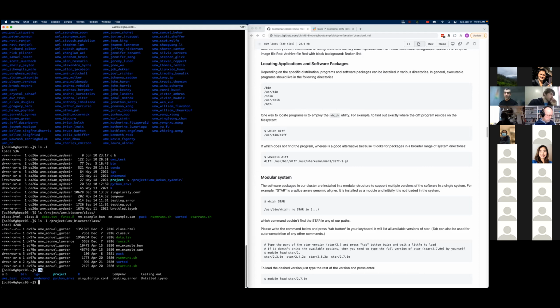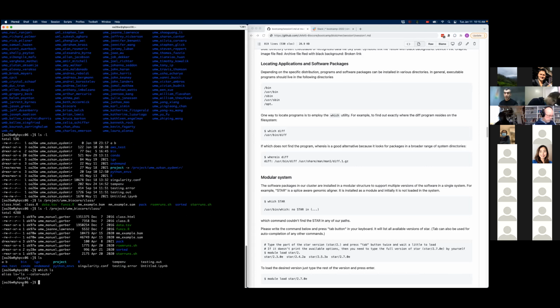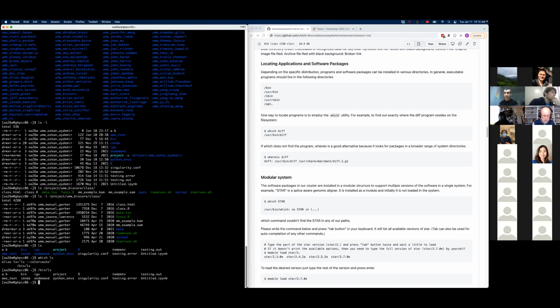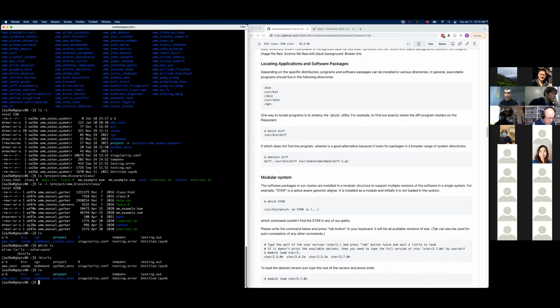And if I want to know what the computer is actually using when I type ls, there's a command for that as well, which is which. So if I say which ls, it's going to show me which file is ls. So it's /bin/ls, the first place that's actually searched. And that also means if I type /bin/ls instead of just ls, it would give me the same outcome as ls.